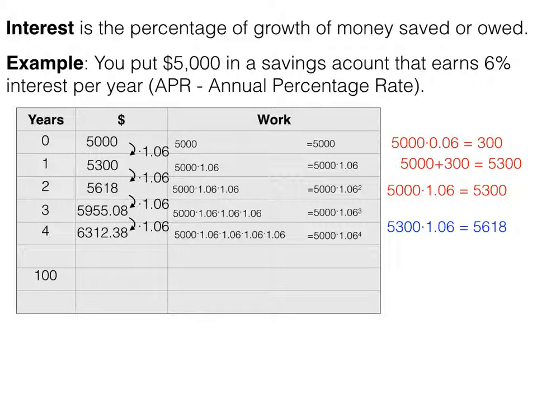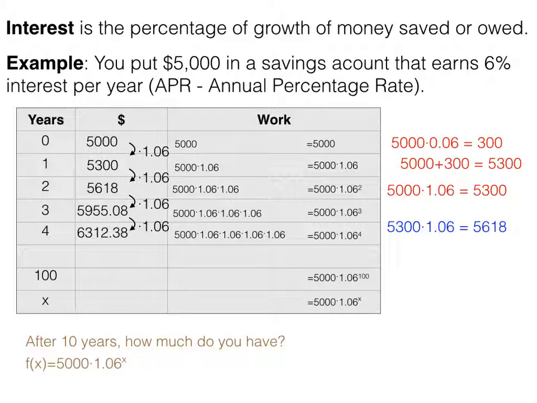So after 100 years, we know we're going to have 5,000 times 1.06 100 times. So 5,000 times 1.06 to the 100th power, because we have repeated multiplication. So for x, we're going to have 5,000 times 1.06 to the x power. We found our function, great. We can use it to figure out how much money we'd have after 10 years. Plug in f of 10, and we get